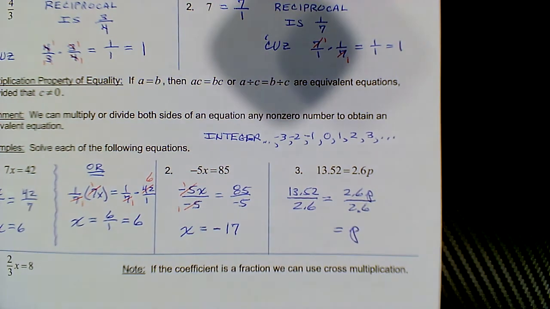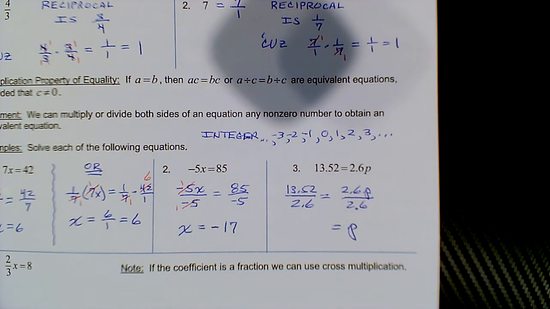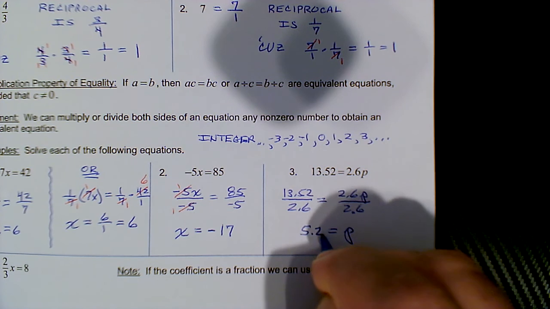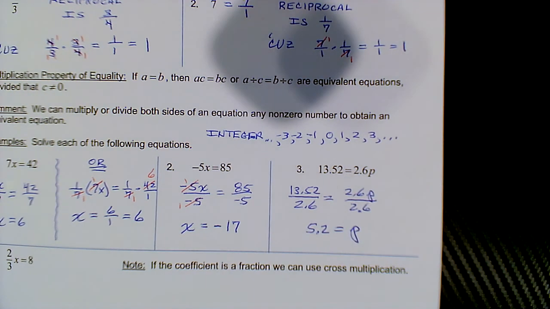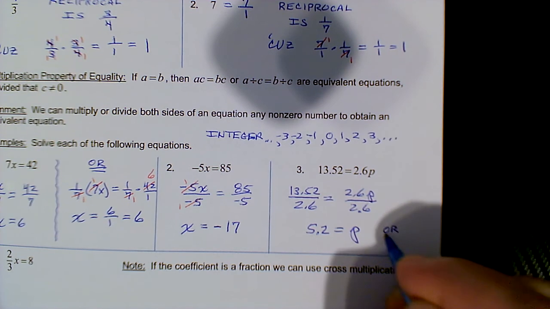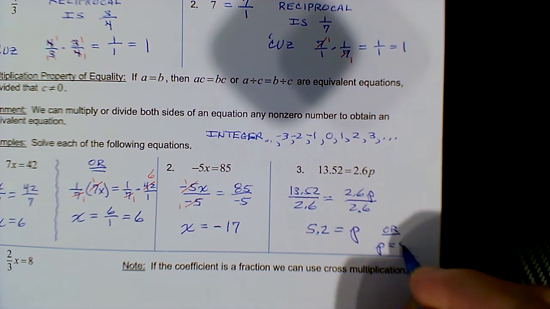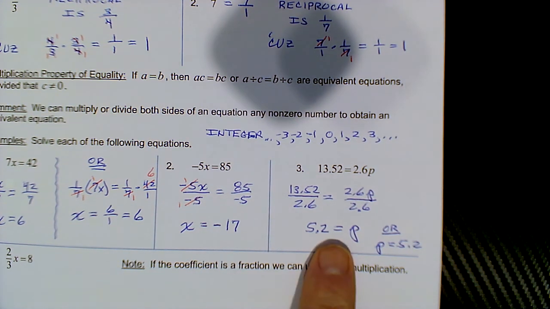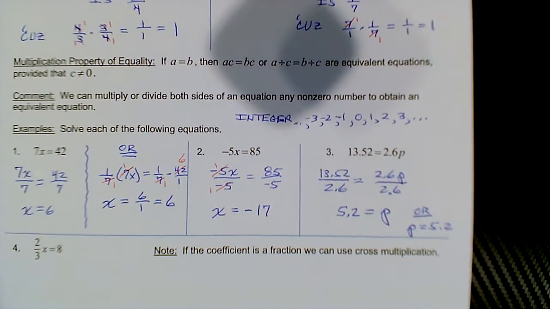gives, and obviously you're going to use your calculator here. So 13.52 divided by 2.6 comes out to 5.2. So remember, 5.2 equals p is fine. You could say p equals 5.2, if you like. But the statement here is sufficient. Okay? Alright, now